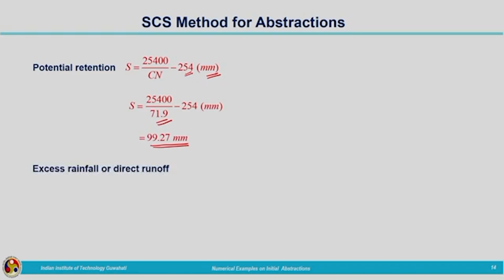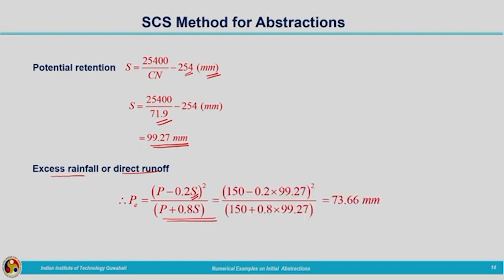So, now you can calculate the excess rainfall or the direct runoff by using the formula given by the SCS curve number technique. This is the formula for calculating excess rainfall or direct runoff. This we have seen in the previous lecture, how we have reached this particular form of the equation. So, here we have to just substitute the value of potential retention S. Once we substitute, we can calculate the excess rainfall, which is equivalent to direct runoff, as